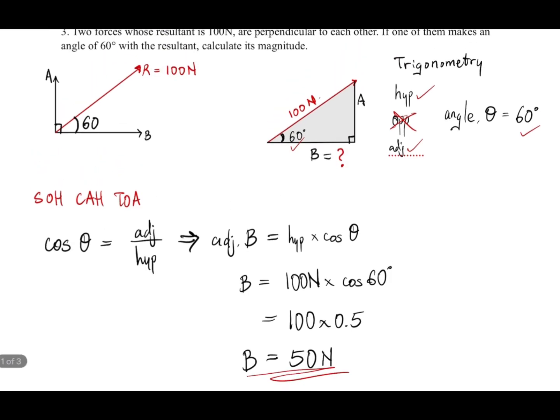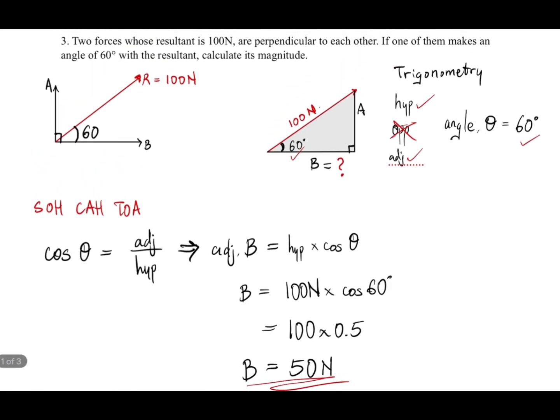So the magnitude of the force that is inclined at 60 degrees to the resultant is 50 newtons. Now we can go ahead and solve for A, but that's not necessary because the question doesn't ask us to find the magnitude of A, but we know that the magnitude of B is 50 newtons. I'm going to use SOHCAHTOA again